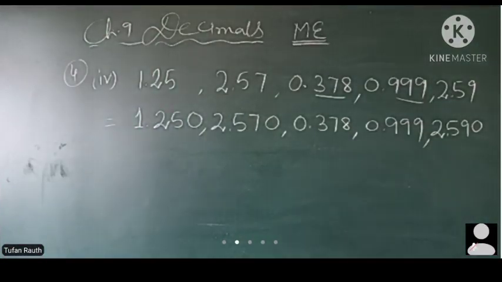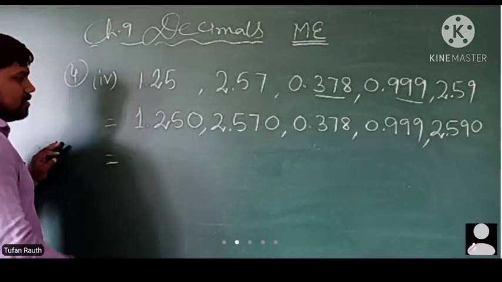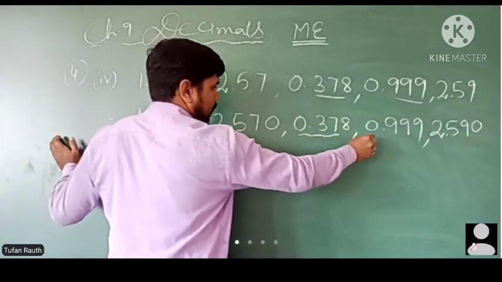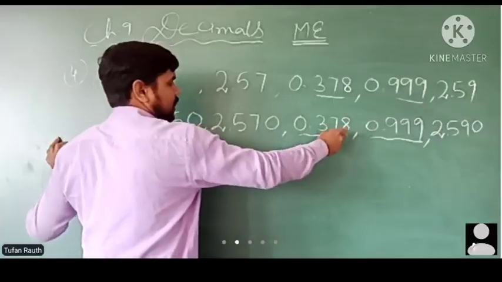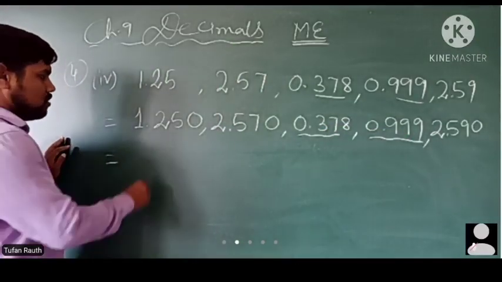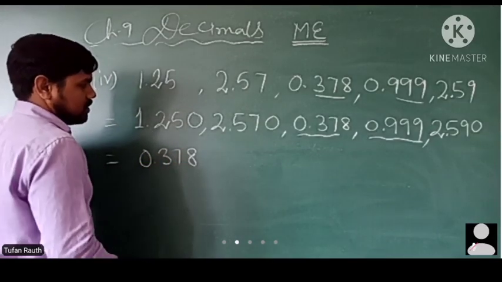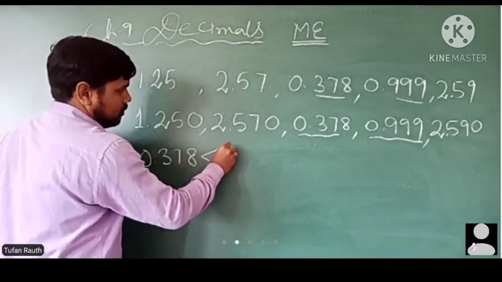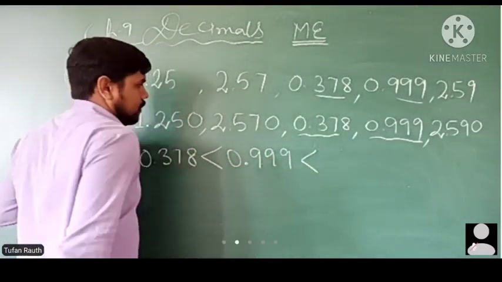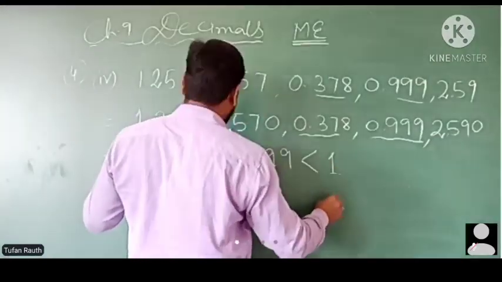अब जो है हमें इसको compare करना है. So first the smallest number, मतलब decimal से पहले जहां पे 0 है और इसमें भी 2 numbers हमारे हैं, तो आप देख सकते हो 378 decimal जो है smaller है than decimal 999. So the first number which we will write is 0 decimal 378. So this is the smallest one. After then 0 decimal 999. After then 1 decimal 250. Because after 0, 1 only we have as the smaller one.